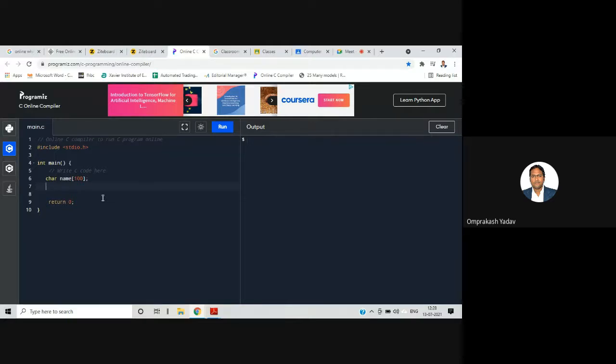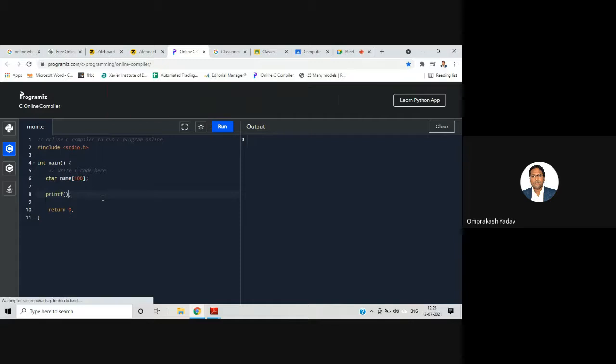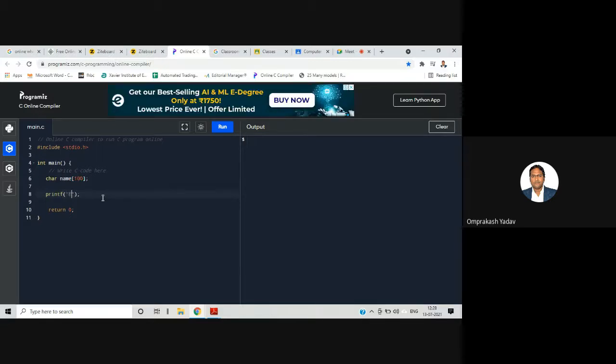So char name[100]. Then I'll ask the user: printf("enter your name"). Then the user will enter the name with scanf, we'll use %s, and here we will say name.